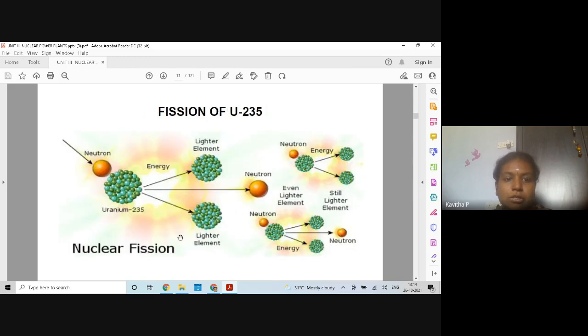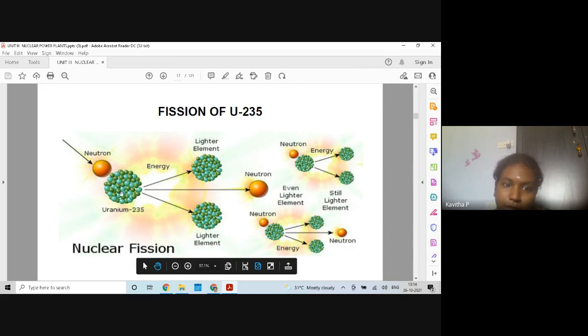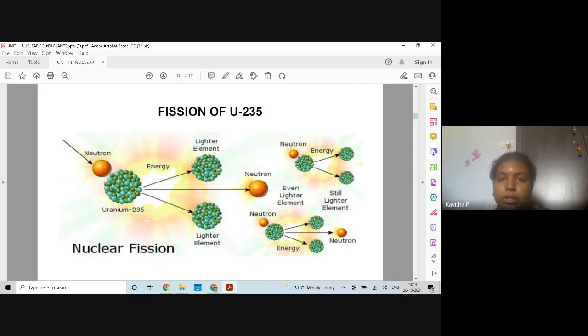So this is the diagram for a nuclear fission process. As I told you, when the neutron hits a heavy nucleus, the heavy nucleus taken here is uranium-235, which is also used in nuclear power plants. When there is a bombardment of this neutron on this uranium atom, it splits into two light nuclei and produces three new neutrons, and in this process, an enormous amount of heat energy is generated.